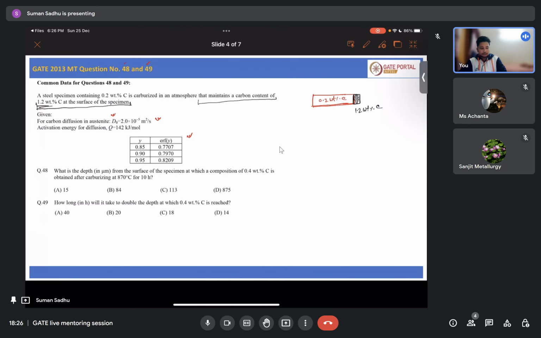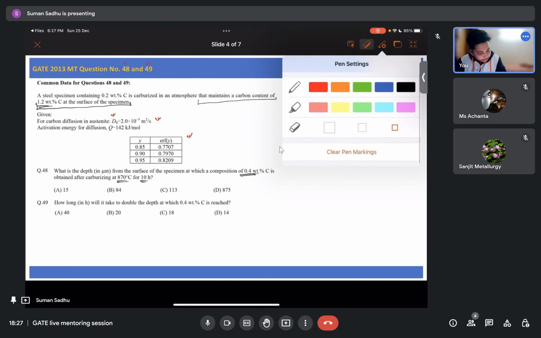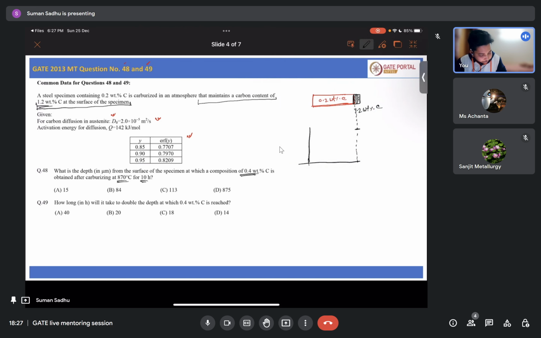And then the first question that is asked. In the first question it is asked that after 10 hours and at 870 degrees centigrade, what will be the distance where the composition of the carbon will be 0.4. So here your composition is 1.2, corresponding to this line. Here your concentration is 1.2,